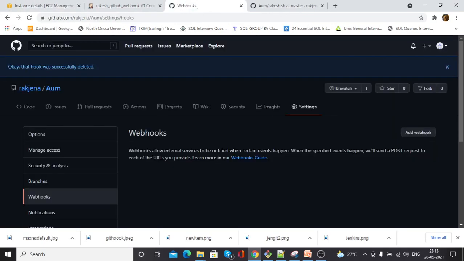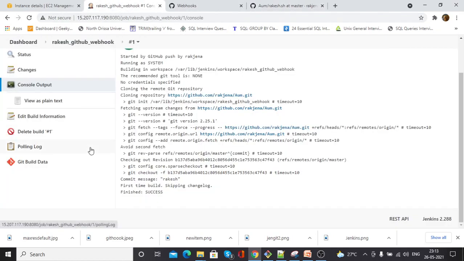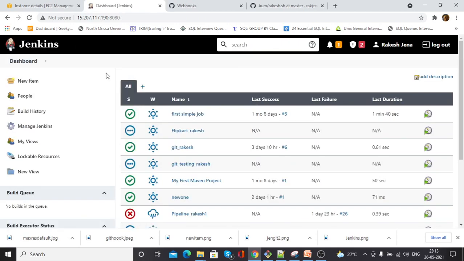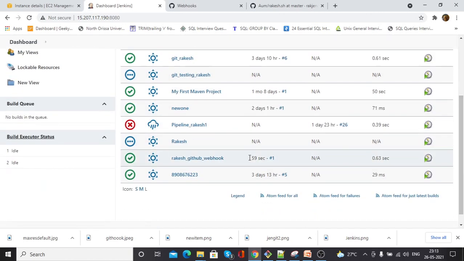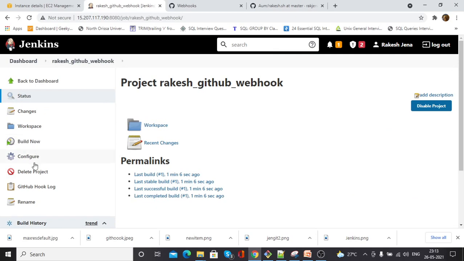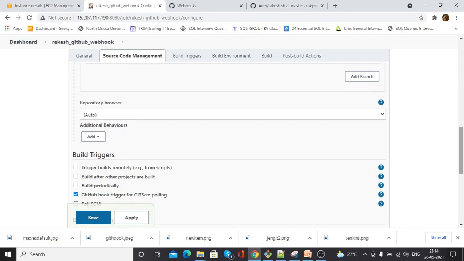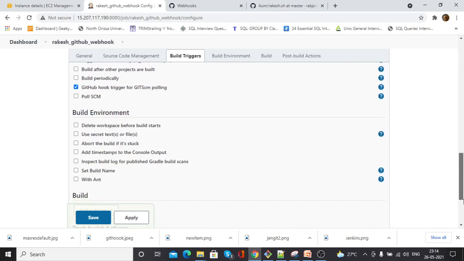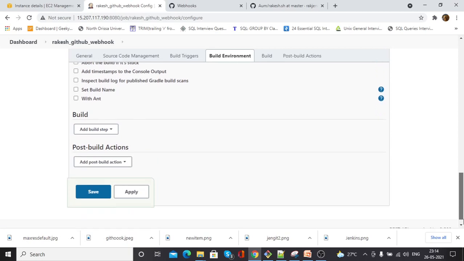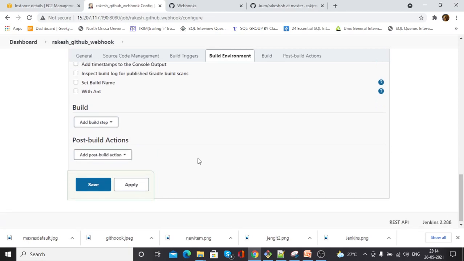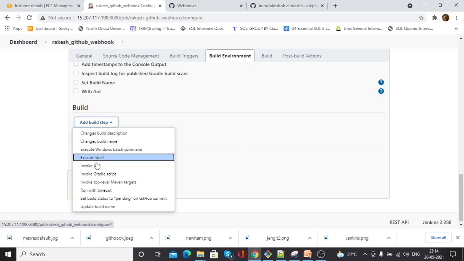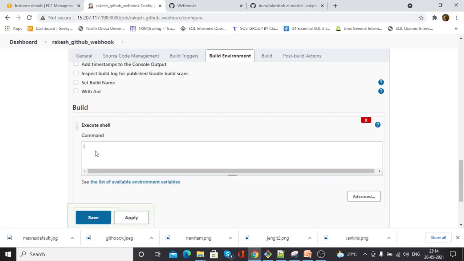So let me show you one more thing here. Let's add something in the configuration. In the build action, I am executing shell.